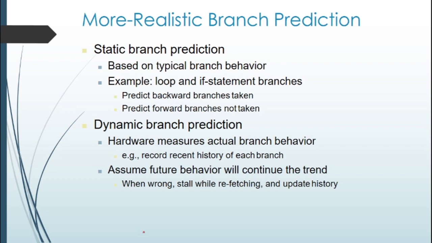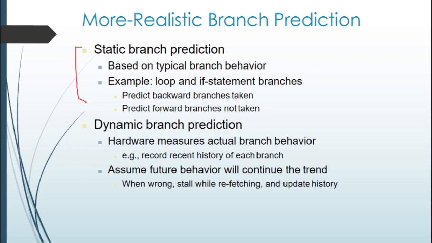For example, in loops, we know that most of the time the branch in a loop is taken, unless it is the last iteration of the loop, where it is going to break. So most of the time the behavior of a certain branch instruction will be the same. So: predict backward branch is taken, predict forward branch is not taken. These things can be set beforehand by just seeing how a certain